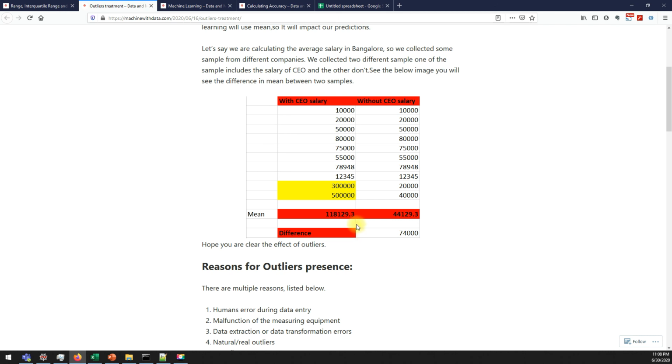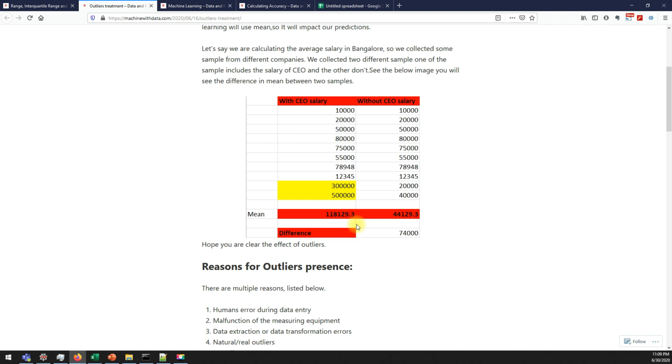So as I said, the first one to be affected by outliers is the mean. What happens if my mean is affected? Because to calculate the variance, standard deviation and correlation, obviously I use the mean. I need to find the difference from my individual data points to the mean. So obviously the variance, standard deviation and correlation are affected. If any one of these is affected, obviously my machine learning model will also be affected, like linear regression, logistic regression, anything that uses the mean, variance or standard deviation. Clear? So outliers are very dangerous.